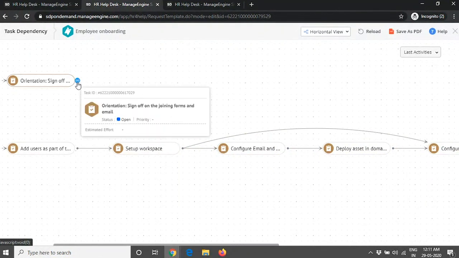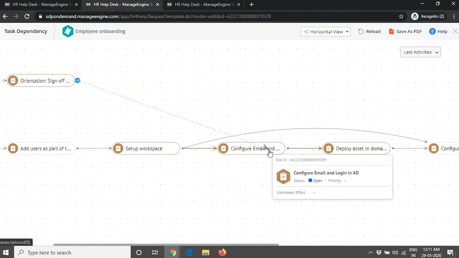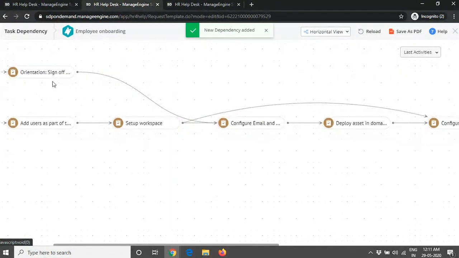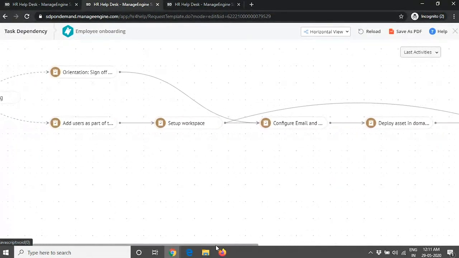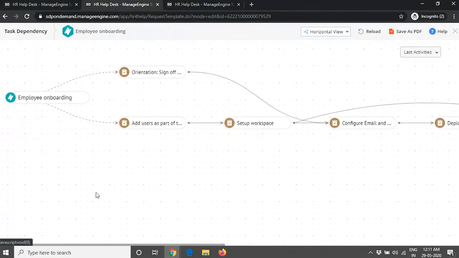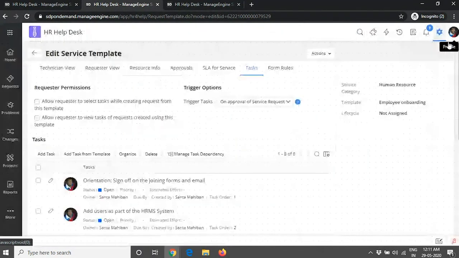In that case, I could simply drag and drop to whichever task it's depending on to create a parent-child relationship, right? So if I want to say this task depends on once again configuring the emails, I could create a relationship in a single drag and drop as well. So that's how you create dependencies on tasks to ensure that all the tasks which you have on a service template level are working in a linear fashion, right? So that's about creating tasks and